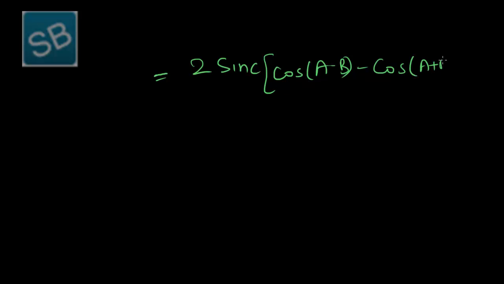So we get 2 sine c into cos a minus b minus cos a plus b. So we get 2 sine c, cos c minus cos d, that is cos c minus cos d is minus 2 sine, that is cos alpha minus cos theta, minus 2 sine alpha, that is a plus b,